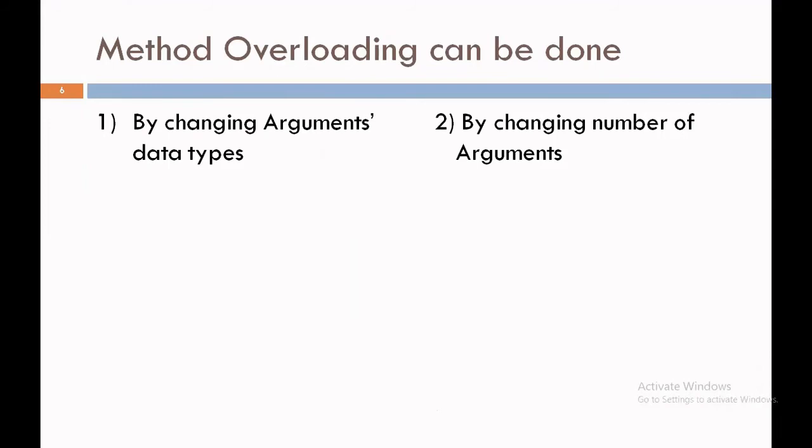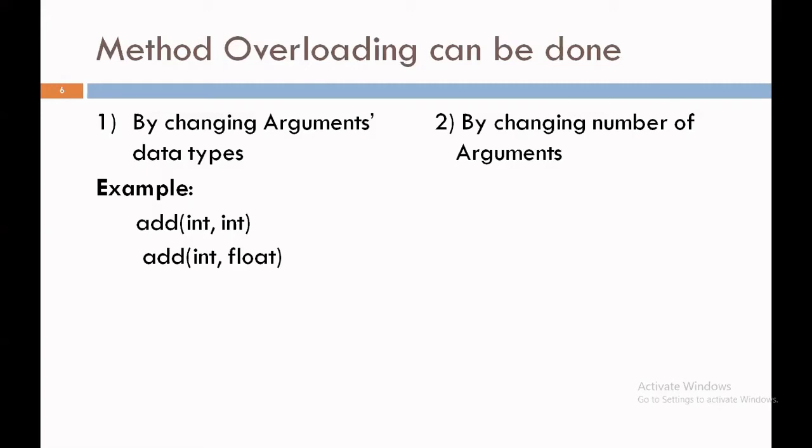I'll show you the example of method overloading by changing argument type. The example is like I have two methods. The method name is the same, like add, but the parameters of these methods are different. The first method has two parameters of type integer, while the second add method has two parameters that are different: the first one is integer and the second one is float. So using this way, we can overload the method in a single class in Java. And this is known as changing argument type.